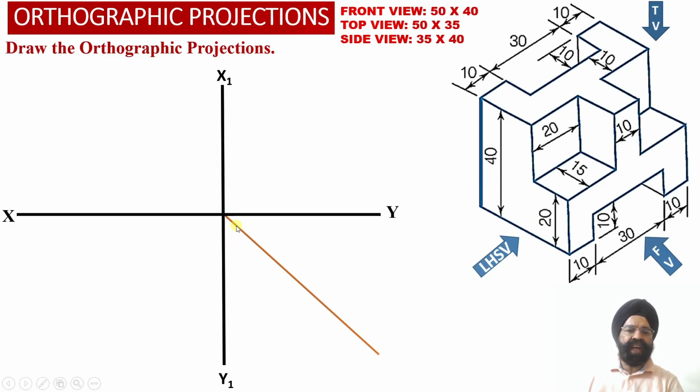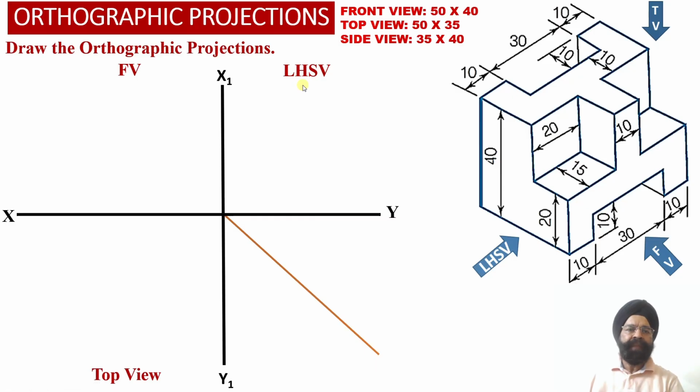This transfer line is inclined at an angle of 45 degree with respect to the XY reference line, and we are going to use it to transfer the distances alongside the depth of the solid from the top view orthographic projection into the left hand side view orthographic